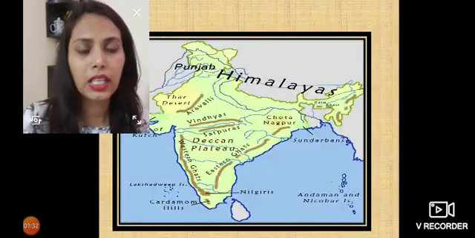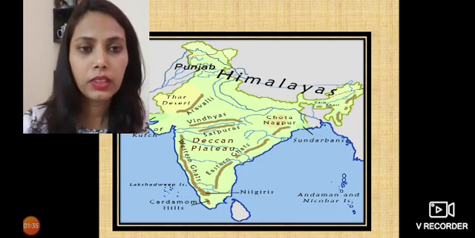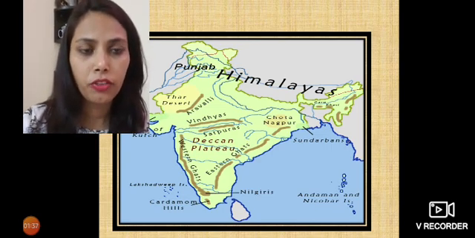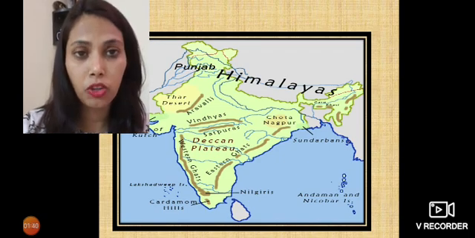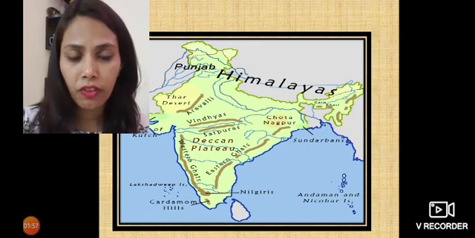Now see this map, everyone. This is the map of India. In this map, you can see the Himalayas in the north of India, where Punjab and Himalayas is written. Then we can see Thar Desert in the western side of India. Then towards the east of Thar, you will find the Aravalli range. To the south of Aravalli, you will find Vindhya range. Then there is this river, not named here, but that is Narmada river between Vindhya and Satpura.